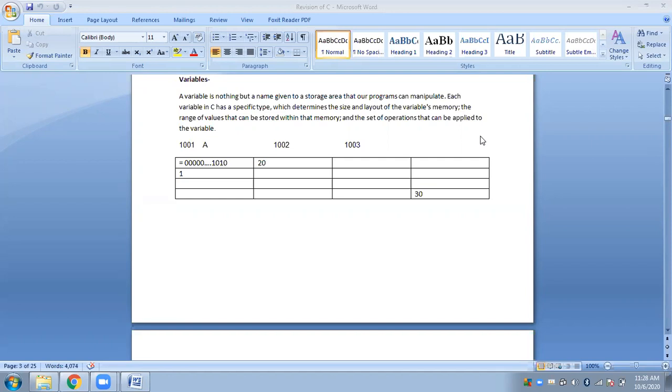Okay, so I'm not wasting much time. I'm just doing a brush up. Variables, if you just look at the diagram here, I already explained very clearly that the memory is made up of multiple cells, and one cell is capable of holding 1 byte of data. 1 byte means 8 bits only.